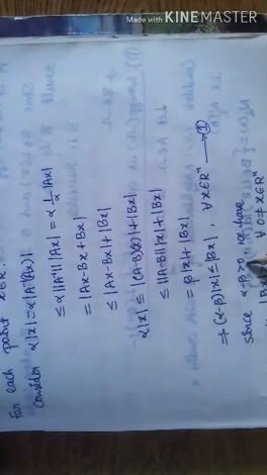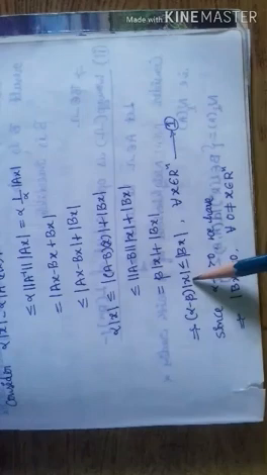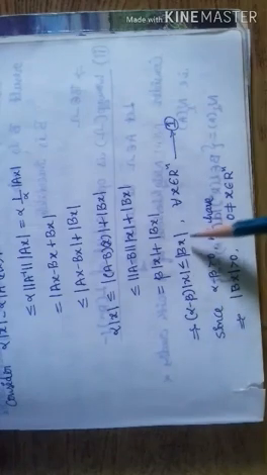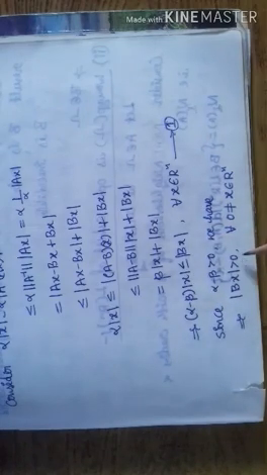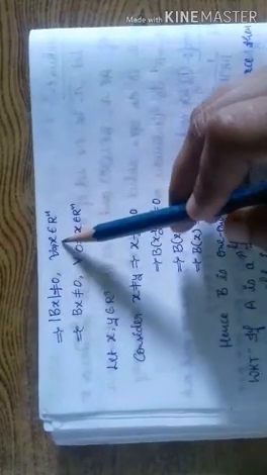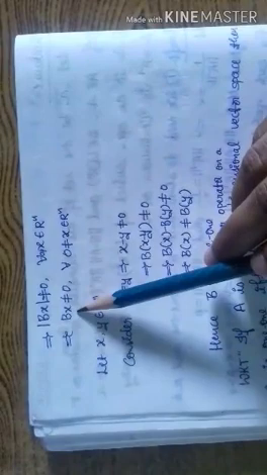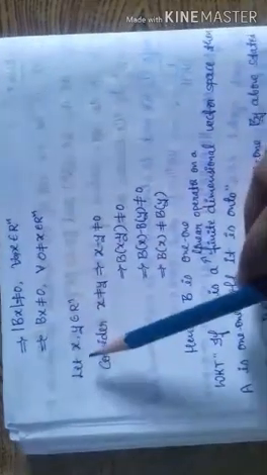Since alpha minus beta is greater than 0, and we have taken x not equal to 0, mod Bx value is also greater than 0. Mod Bx value is greater than 0, that is mod Bx is not equal to 0 for all x belongs to Rn, x not equal to 0. This implies Bx is not equal to 0.